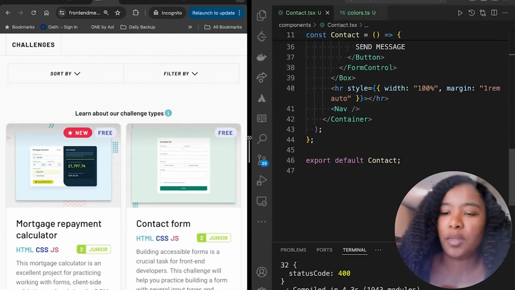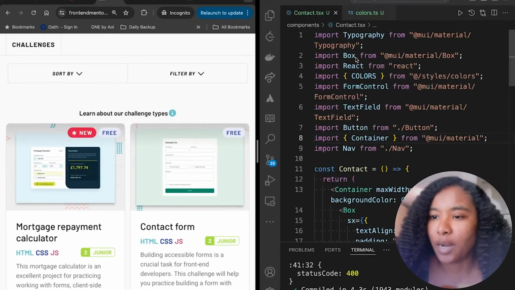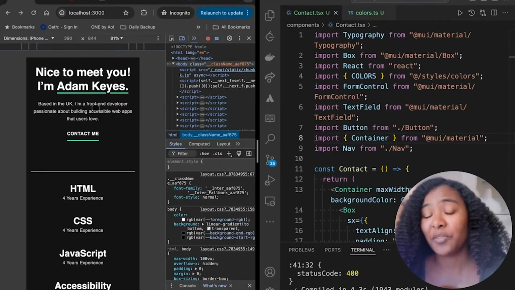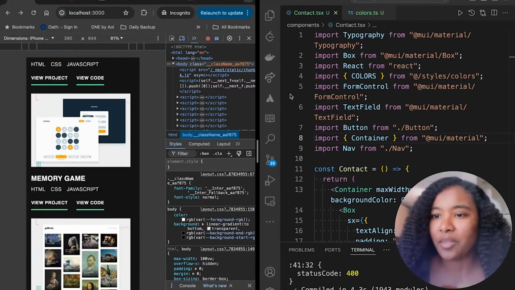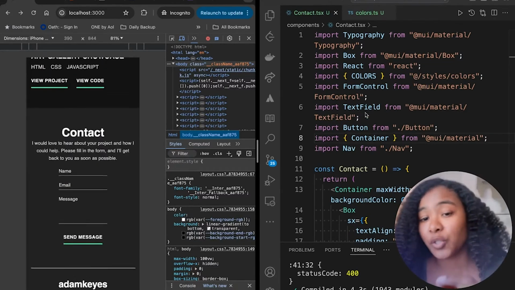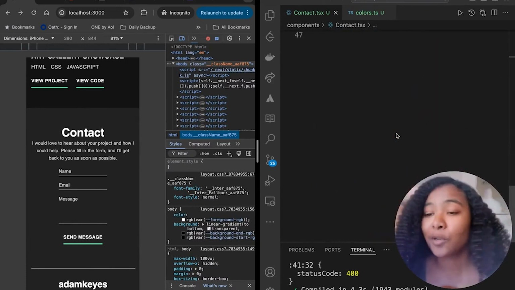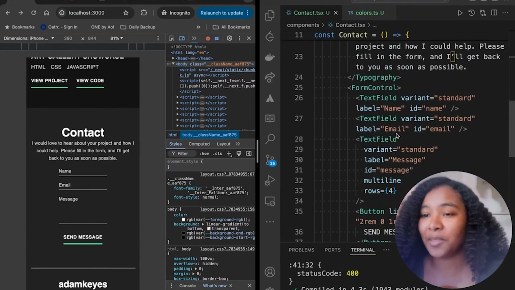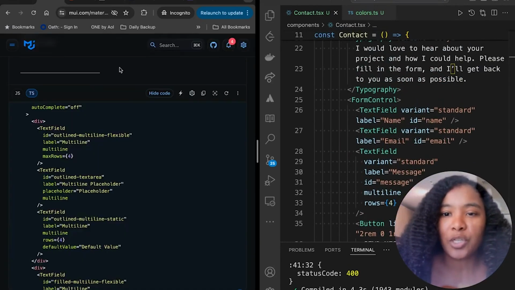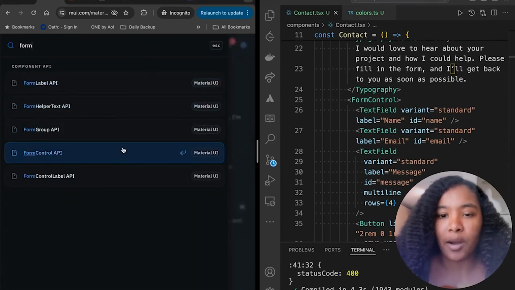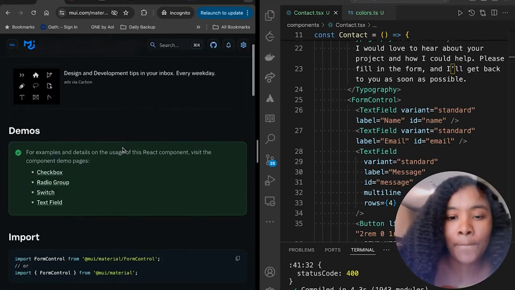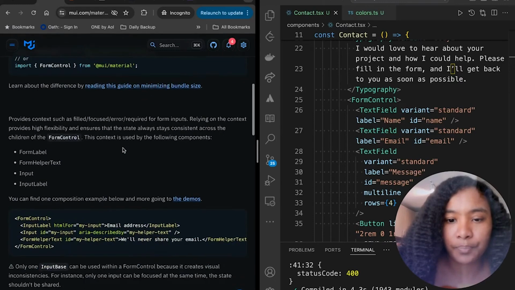All right, cool. So yeah, that's pretty much what I need to do in terms of styling, as far as styling goes for this project. I think the last couple of things we could do is just clean up the code a little bit and also give the contact form somewhere to go, because right now literally nothing happens when it works. So if we go and check out form control in React, we can see how we are expected to interact with it. So form control,